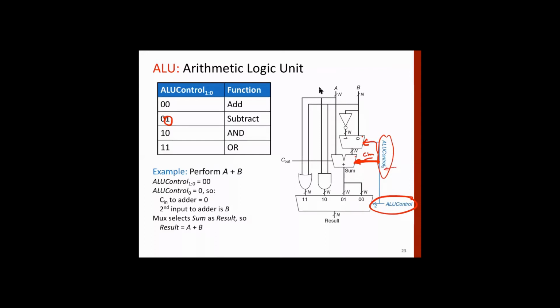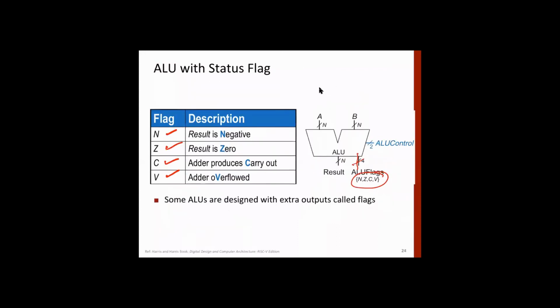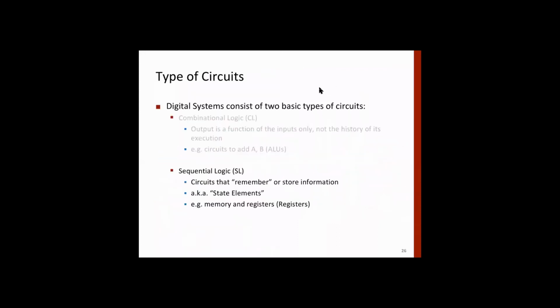So the ALU control is 2 bits, and only 1 bit, the least significant bit, is going to these places. If it is 0 in case of addition, then whatever Cin is doesn't matter. Only in order to make a 2's complement number do we use Cin as 1. Only when it is 1 will it create the 2's complement.